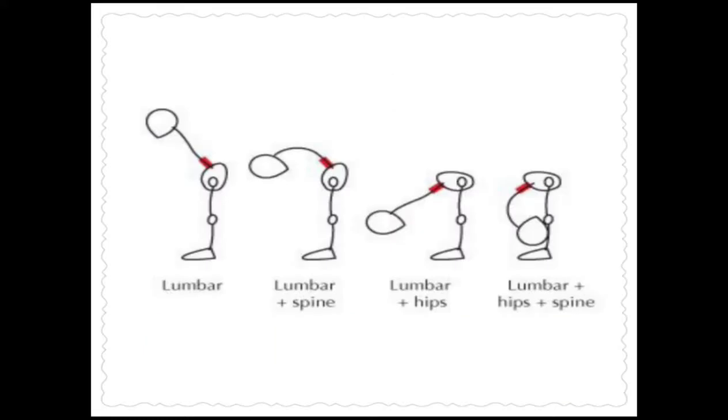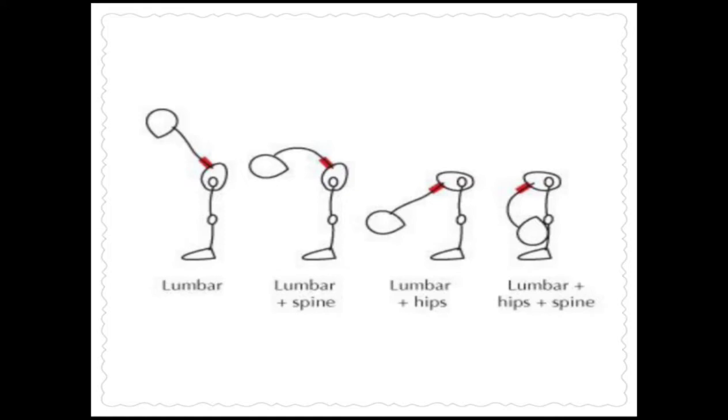Now, as we can see in this picture, when a person is bending forward, in the first picture you can see that the lumbar spine flexion is 60 degrees. Now, when the person is bending ahead and going towards the floor, there would be a combination of movement of the lumbar spine flexion as well as flexion of the thoracic spine. Then in the third picture you can see the person is able to bend further with the help of lumbar spine flexion as well as thoracic spine, and there is a movement of the hip and the pelvis.